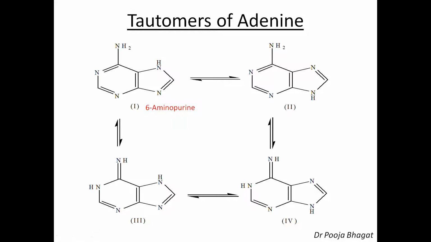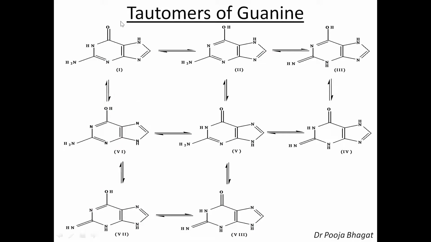Now out of these 4 tautomers, which tautomer will exist in nucleic acid? Yes, it is the first one. So adenine is present in this form in RNA and DNA. Okay. Then these are the tautomers of guanine. This is guanine. Now you have to write the tautomeric structures. So you have to follow the same rule as I told you. First you take the hydrogen at the 7th nitrogen and write down all the possible tautomers, and then you reverse it, take the hydrogen at the 9th position and then draw the other structures.